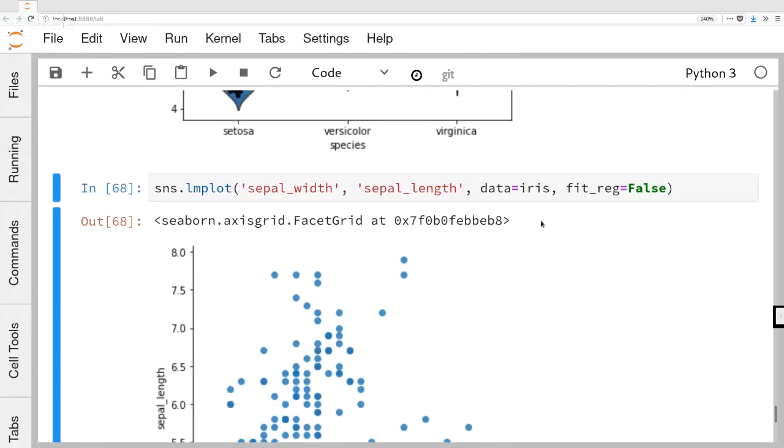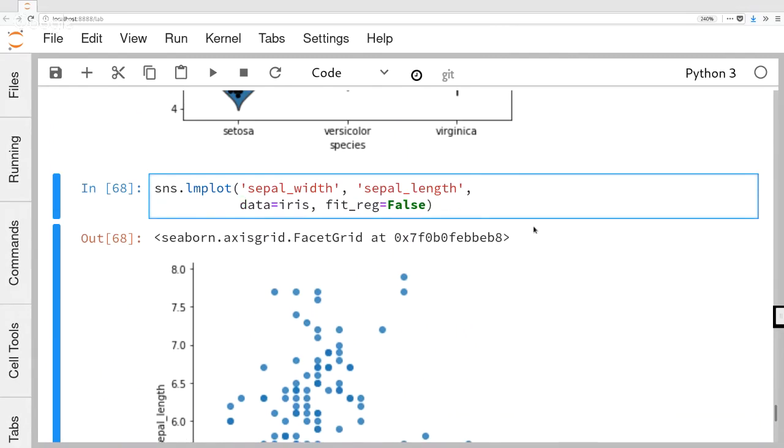If I go back to the same function I used before, I'm going to make a new line here, just so that you can see it and it doesn't get too long. It's totally fine to break something into two lines if you have an open parenthesis like this, because then Python will understand to just continue on the next line until I hit that matching parenthesis. And sorry, I didn't write out here that I wanted x equals. It doesn't matter because we have them in that order, but I'll write it out just to be clear. And to group something by color, we use the short name hue. So if we say that the hue equals species,